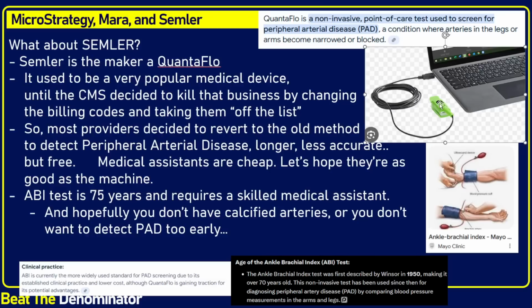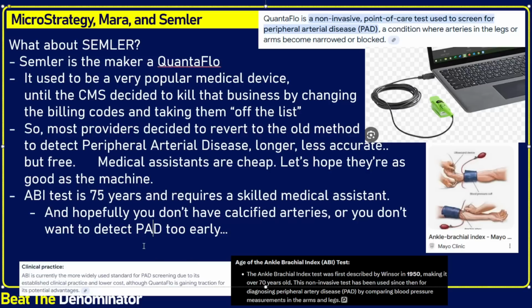Why use computer correlation? Why use AI? Why use the modern technique when you can use the old technique that uses a finger? And by the way, the old technique doesn't really work if you have calcified arteries, which, if you follow the channel, you may remember Shockwave. That was a company that I think I did something like a 3x on. Anyways, calcification of arteries is a big thing in medicine, but doesn't matter. If you want the old way to work, you'd better hope you don't have calcified arteries.